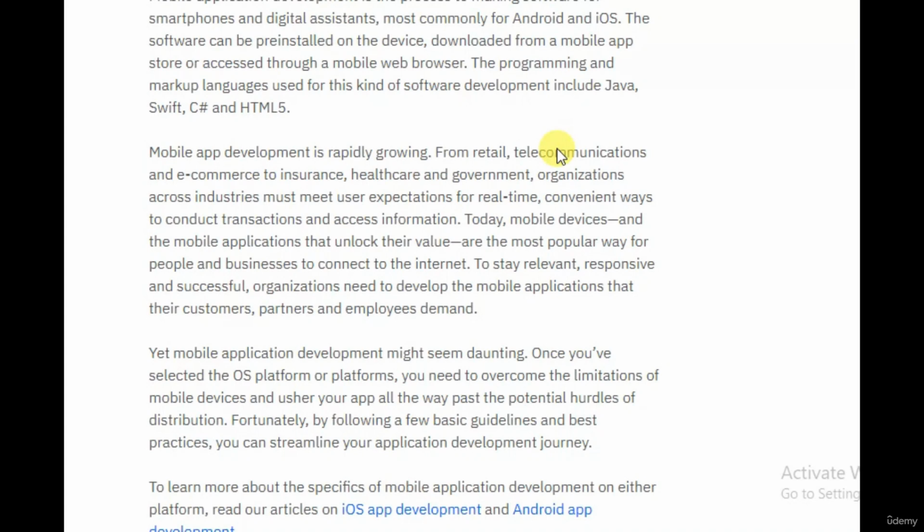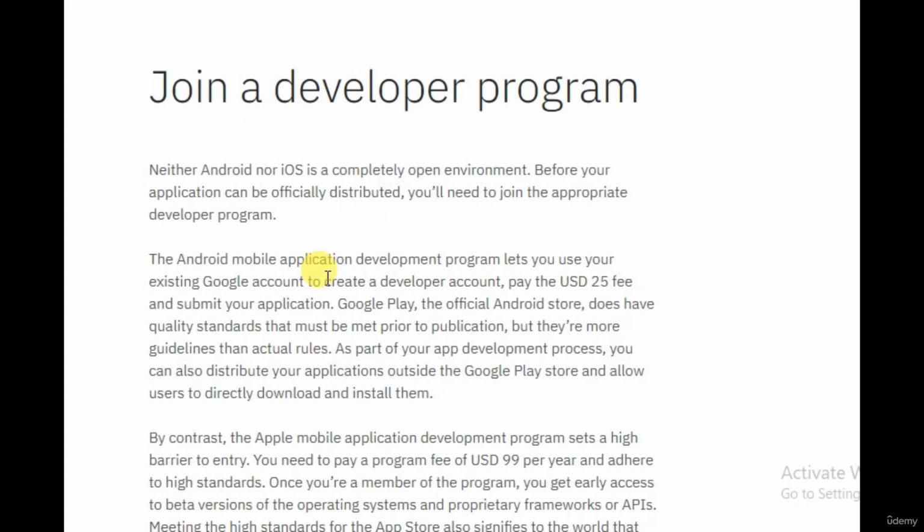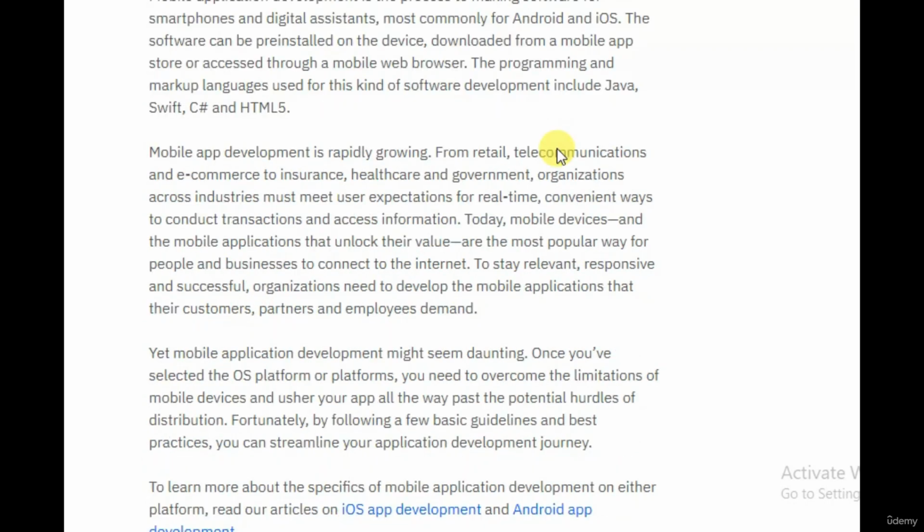Apps must meet user expectations for real-time, convenient ways to perform transactions and access information. Today, mobile devices and the mobile applications that unlock their value are the most popular way for people and business to connect to the internet. To stay relevant, responsive, and successful, organizations need to develop the mobile applications that their customers